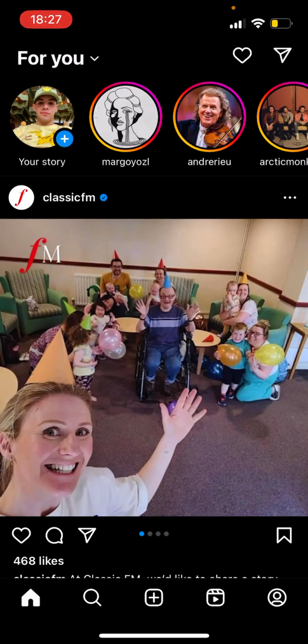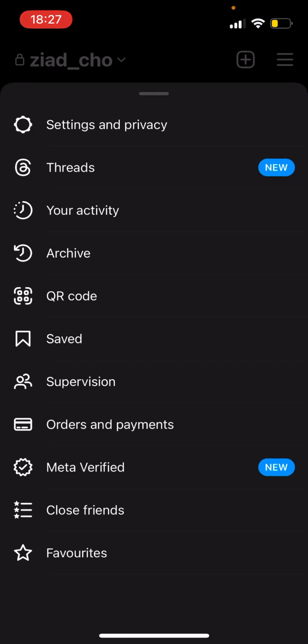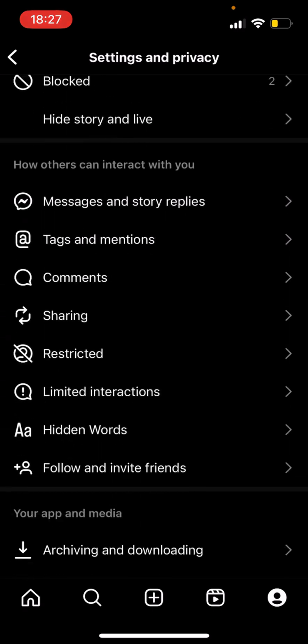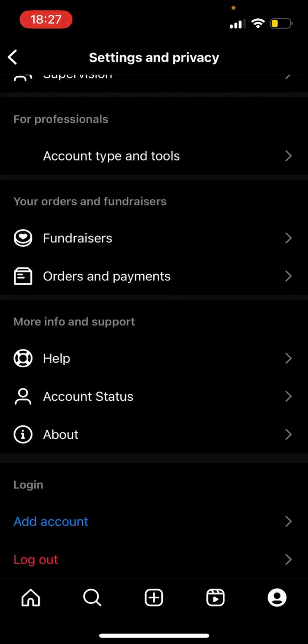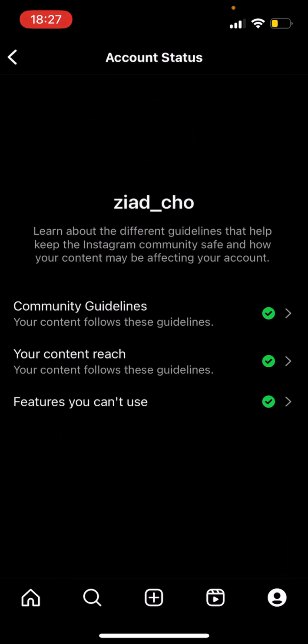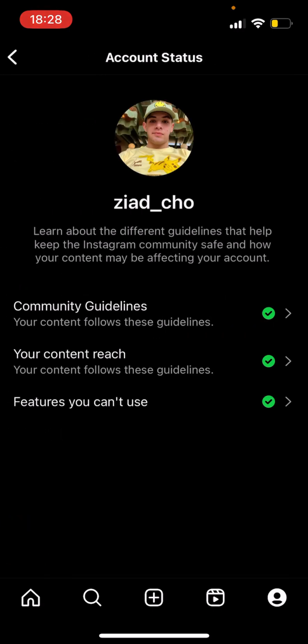Option two is something that you can fix if you go to your profile and then go to settings and privacy, and then scroll down all the way to the end till you see account status. When you click on account status,